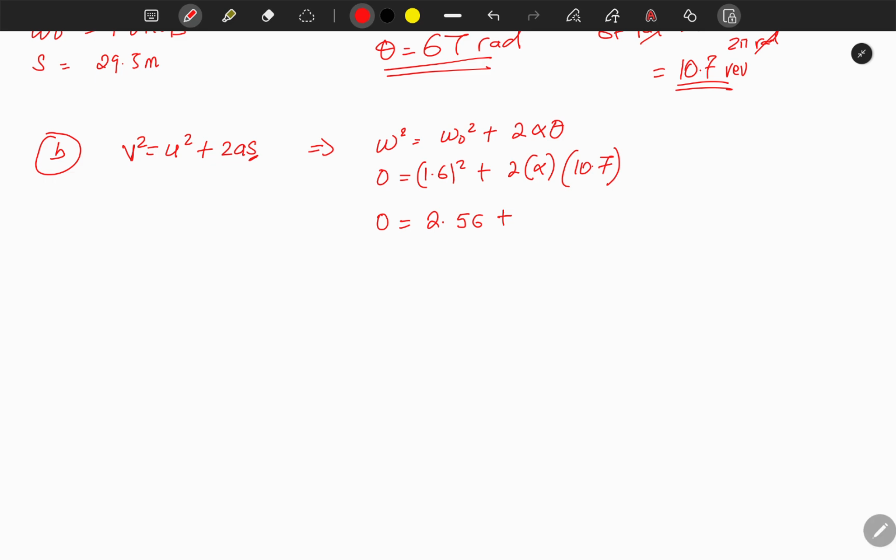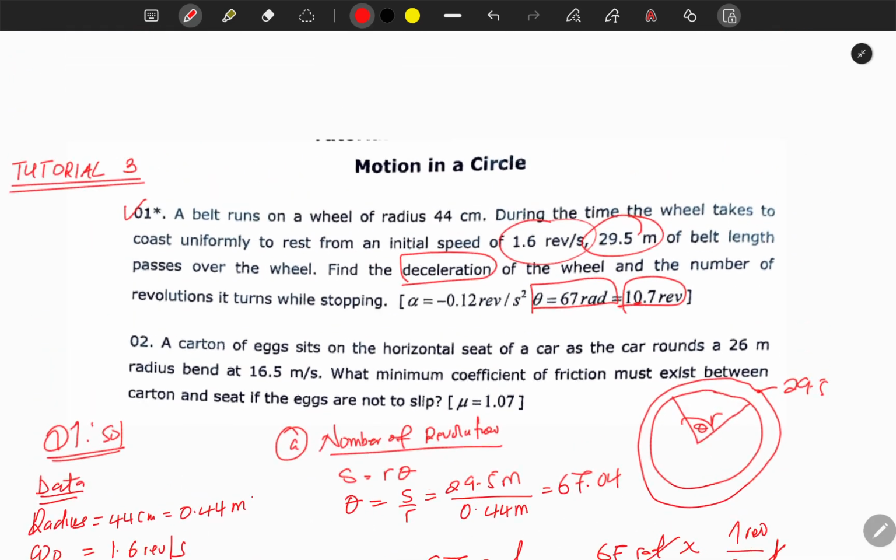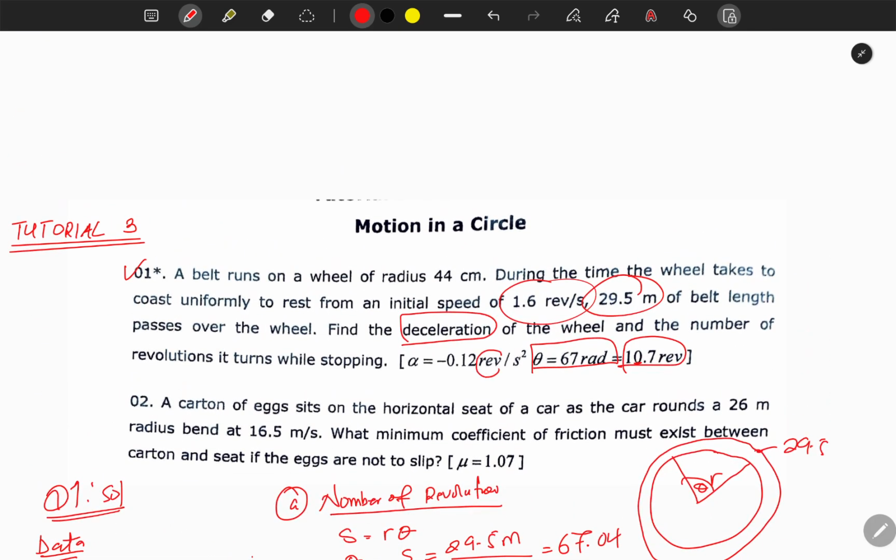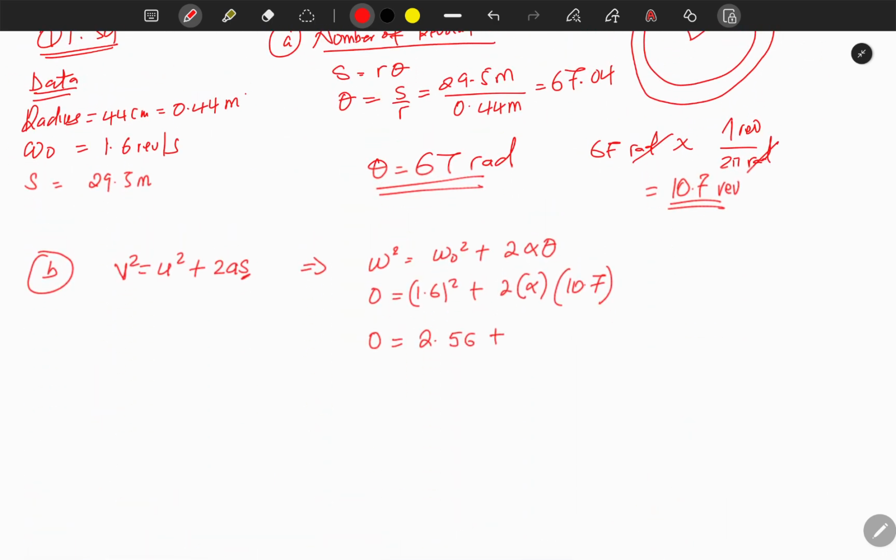So this one will give us the answer directly in the units that we want, which is revolutions per second squared. If we use this one, it means later on we need to take into consideration that we need to convert those into revolutions. But we already have 4 revolutions, so we can just use it directly, which will give us